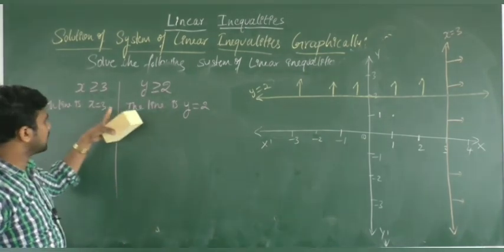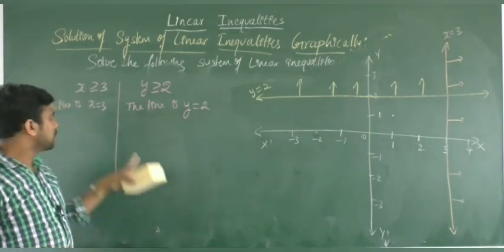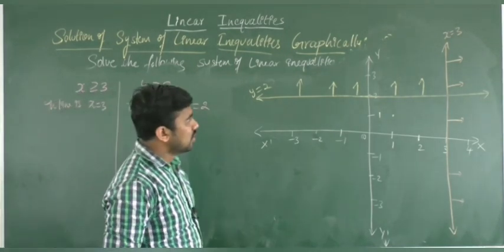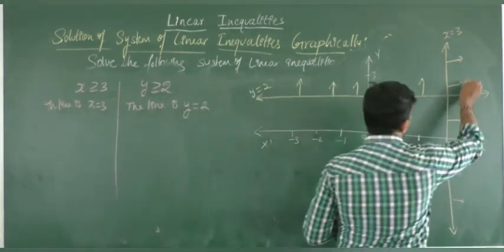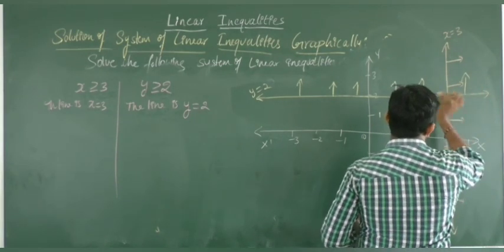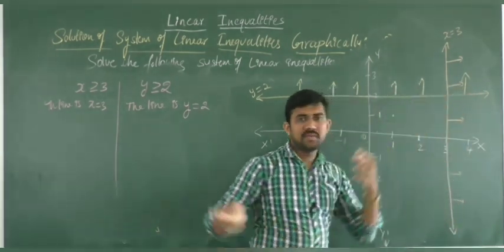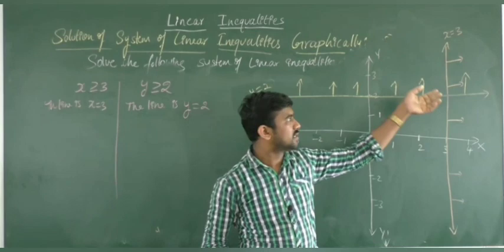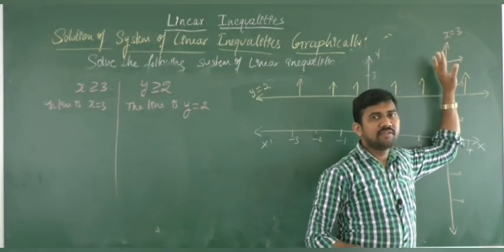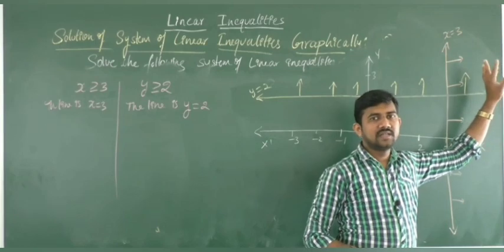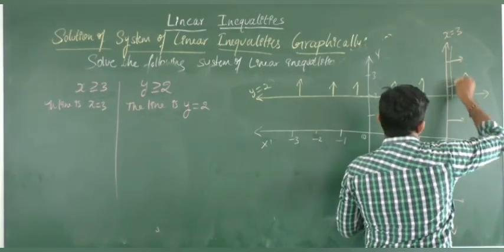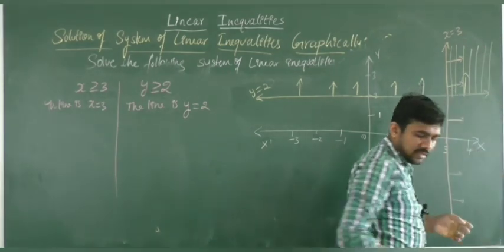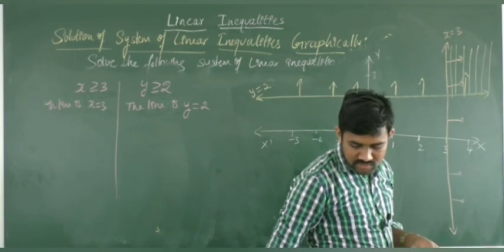Draw both lines. Since you have the greater than symbol, here you will get the right side and here the upper side. Now where the solutions are intersecting, you can observe. This is the line. The solution region of the inequation y greater than or equal to 2 is the upper side, and the solution region of x greater than or equal to 3 is the right side. So you can observe in this region they are intersecting. In this region it is continuing in the same way.